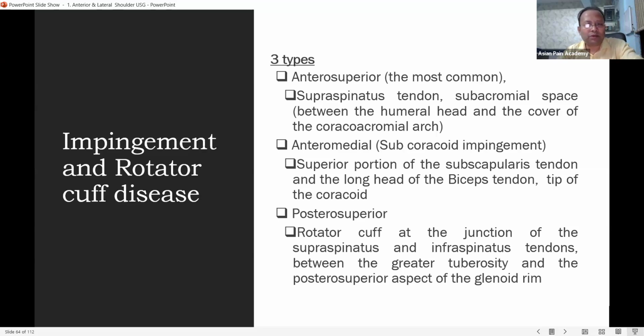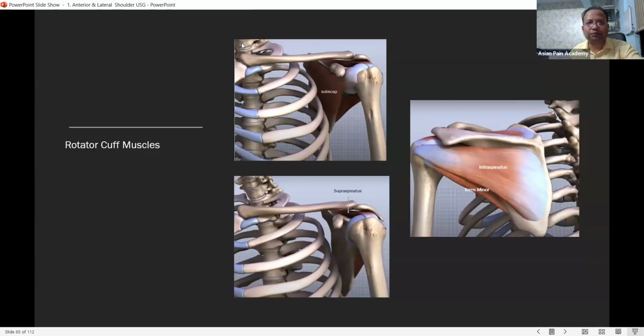Okay. So impingement also, there are three types of impingement. Here you see, these muscles are rotator cuff muscles. So impingement here, if